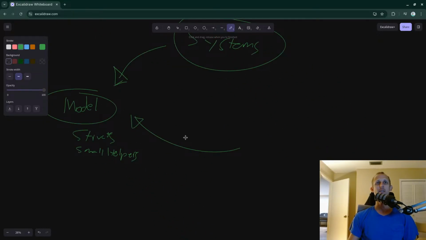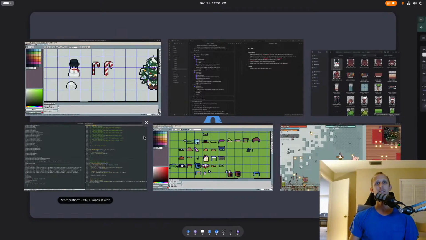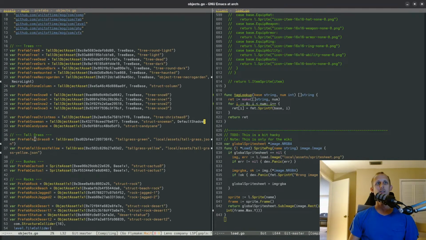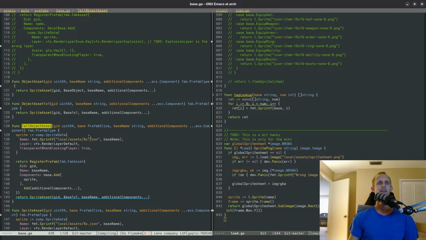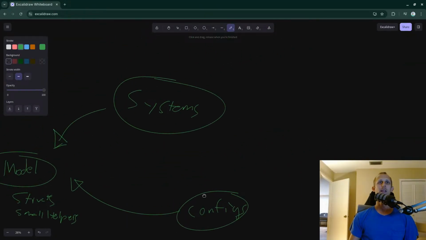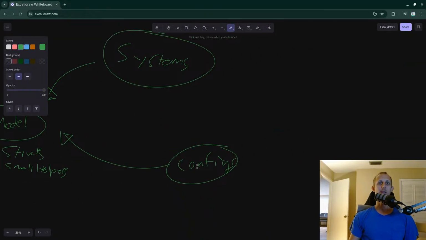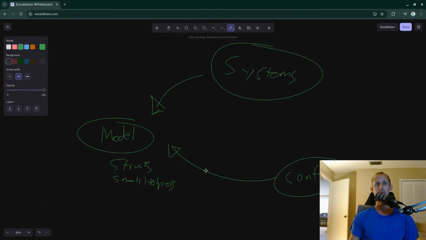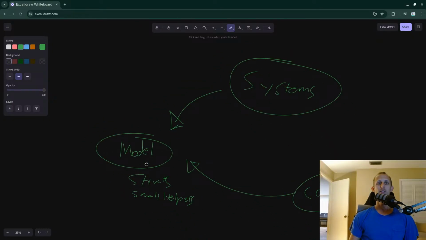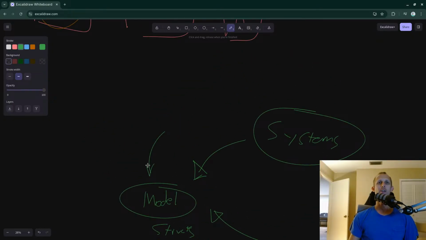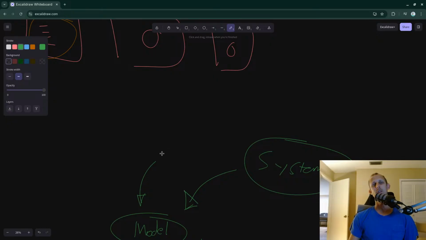Then I have configs. This is my asset configs, for example when I defined these decorations and stuff that you see here. These are just building configs of components that get put into an object, right? And this is completely independent. It's just for the assets part of the build. And then I have another small layer, which is called maybe,